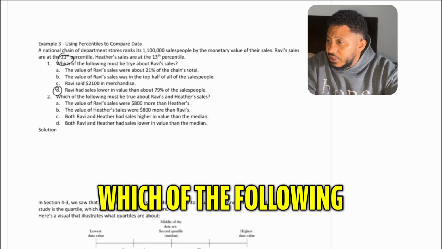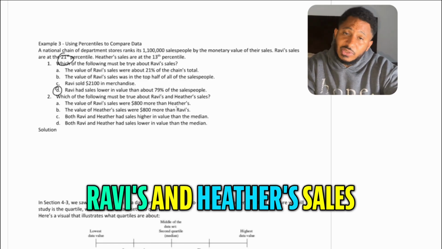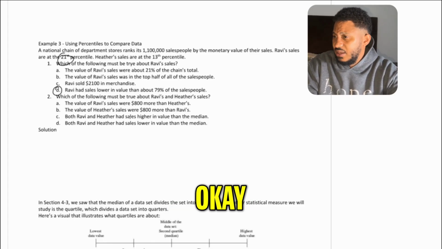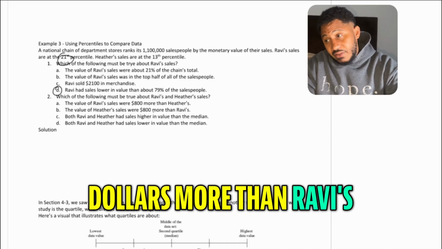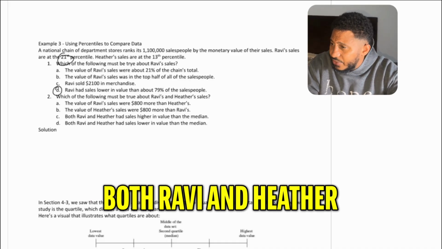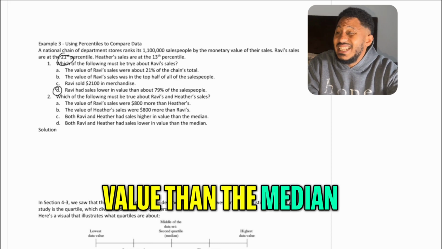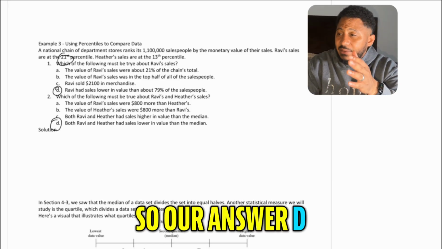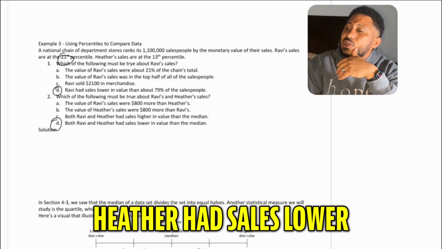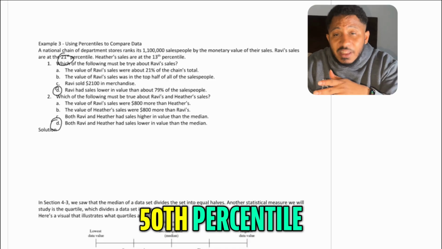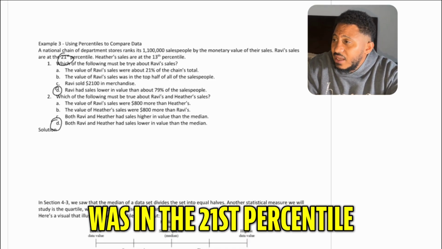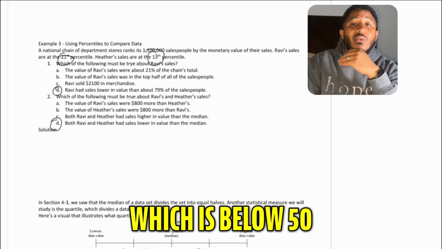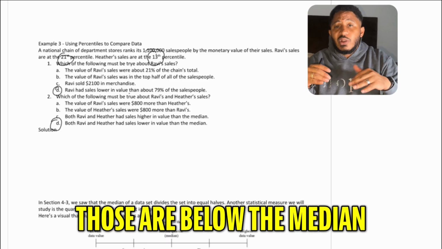Okay, let's see about number 2. Which of the following must be true about Ravi's and Heather's sales combined? The value of Ravi's sales was $800 more than Heather's? The value of Heather's sales was $800 more than Ravi's? Both Ravi and Heather had sales higher in value than the median, or both Ravi and Heather had sales lower in value than the median? All right, so answer D must be the case, that both Ravi and Heather had sales lower in value than the median. Remember, the median is the 50th percentile. And because Ravi was in the 21st percentile, that's below 50, and Heather is in the 13th percentile, which is below 50,